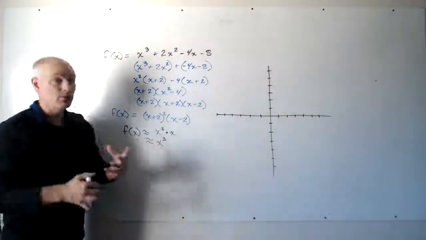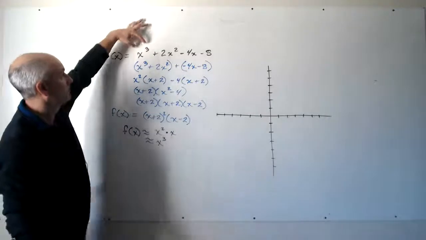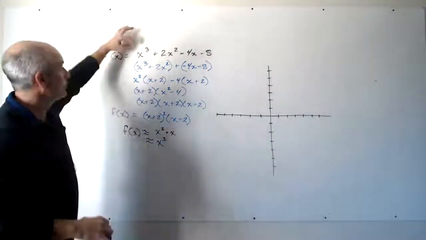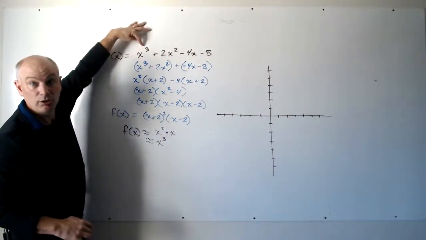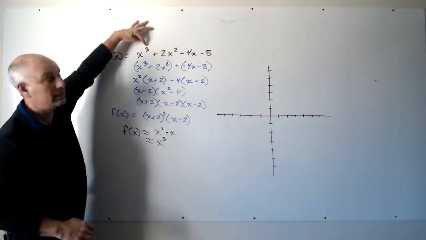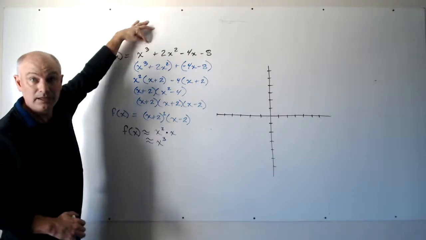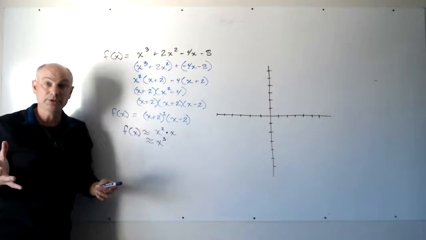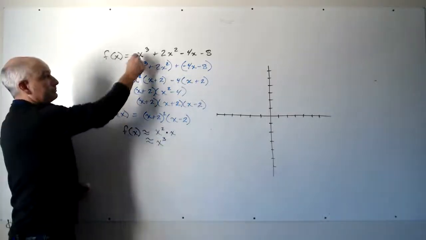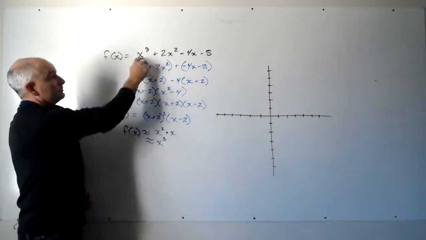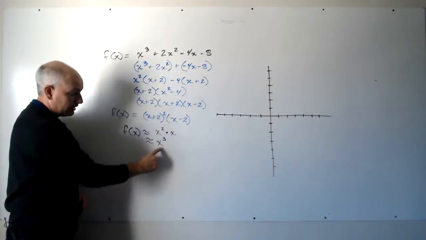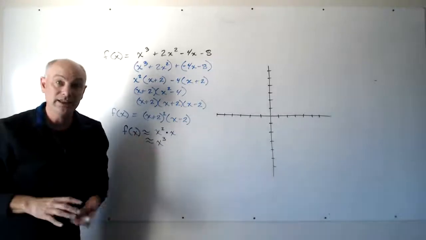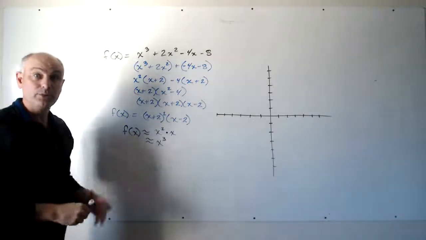The largest or the most powerful term that creates the biggest impact as x gets really, really large is going to be your first term, or the highest degree term in the unfactored function. So we have two options here. The quick way, look at the unfactored. There's your degree. It does show up in the approximation, so we can use it whichever way that we feel more comfortable with. But we should recognize from here,